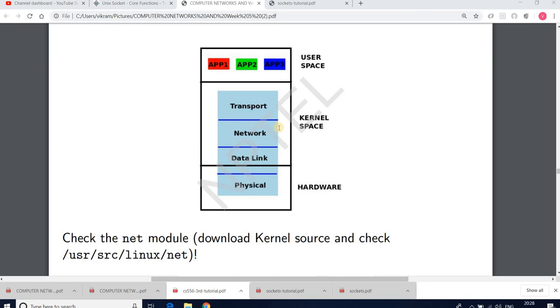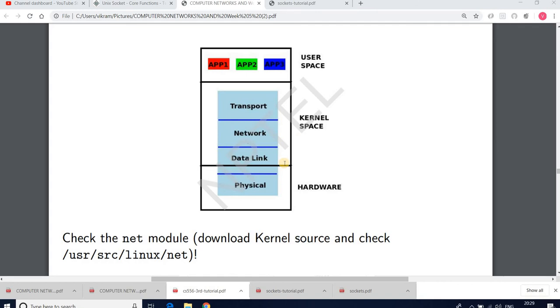So today we look into the entire kernel space, which has these different layers of the protocol stack, the transport layer, the network layer, and part of the data link layer, already implemented inside the operating system kernel.